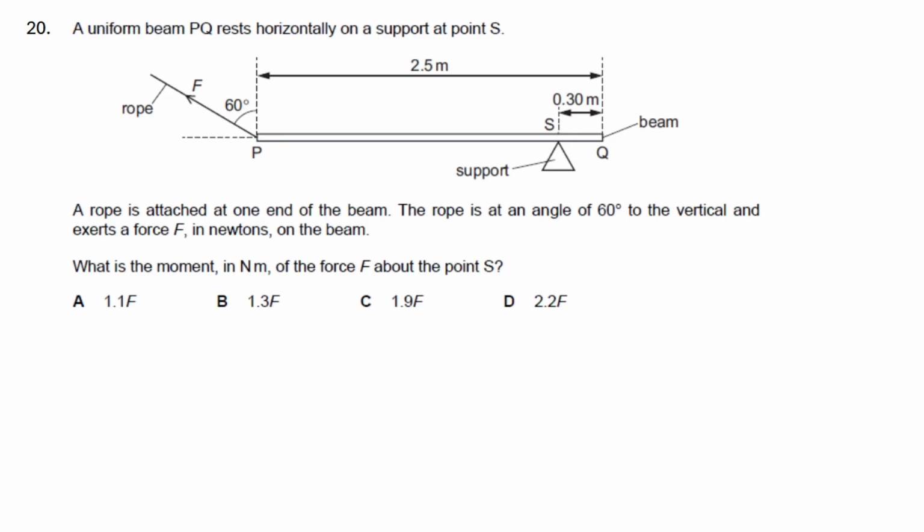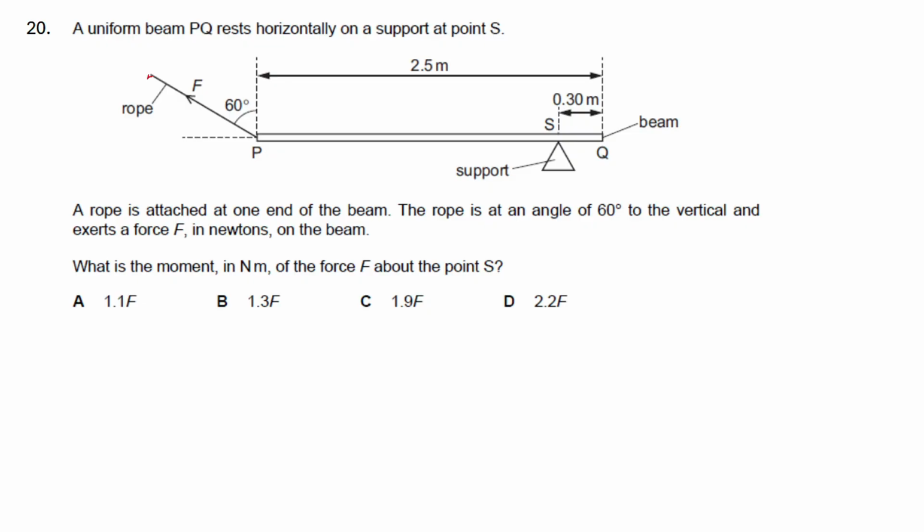A uniform beam PQ rests horizontally on a support at point S. A rope is attached at one end of the beam. The rope has an angle of 60 degrees to the vertical and exerts a force F in newtons on the beam. What is the moment in newton meters of the force about the point S? Okay, so